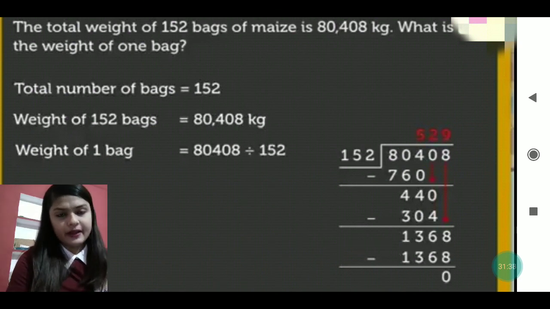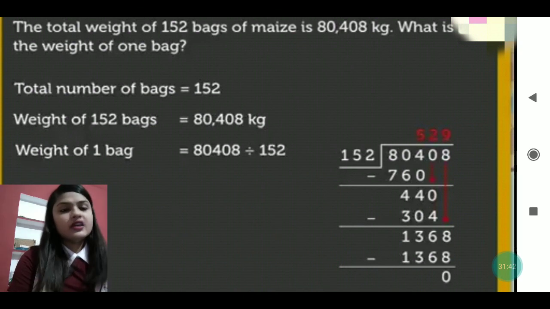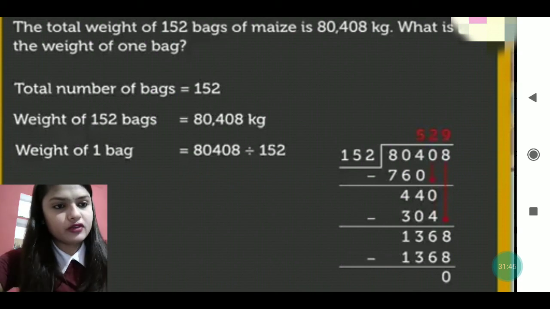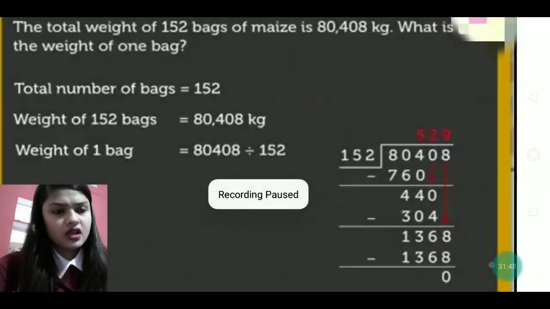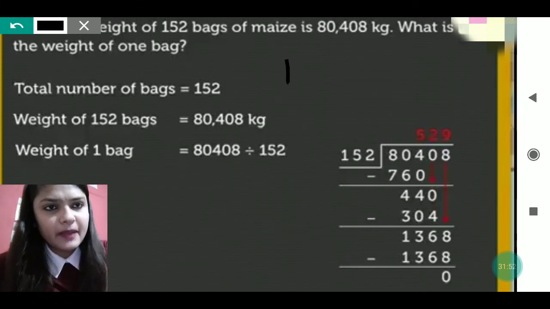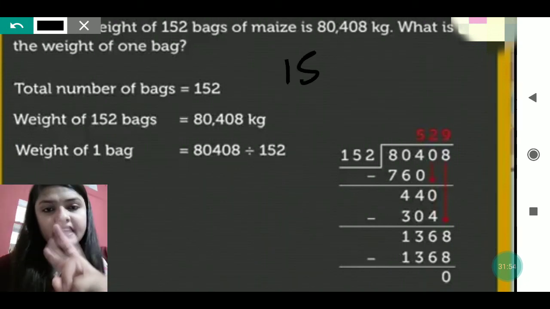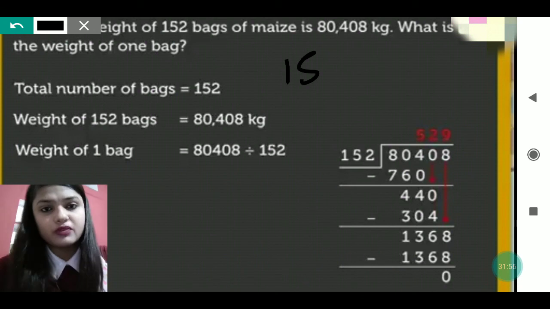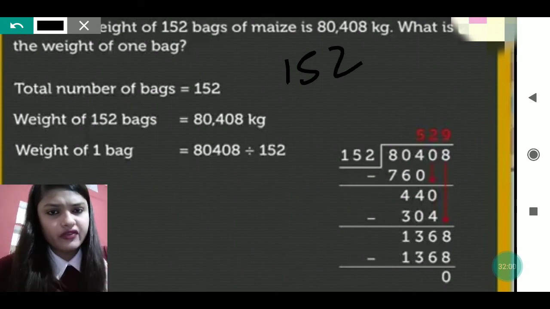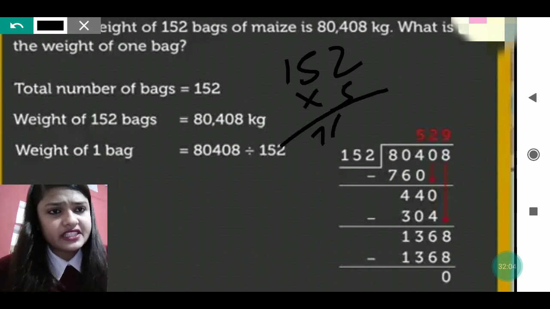Now you divide it. When you read the table of 152 five times, if you do not know the table, you just have to multiply, nothing more than that. Don't get confused about how we will read the table of this big number, which we have not learned. No need to learn. It's just multiplication. That is why multiplication and division have a relation, because without multiplication you cannot carry on the division. So you will write 152 and multiply it by 5, then you will get 760.